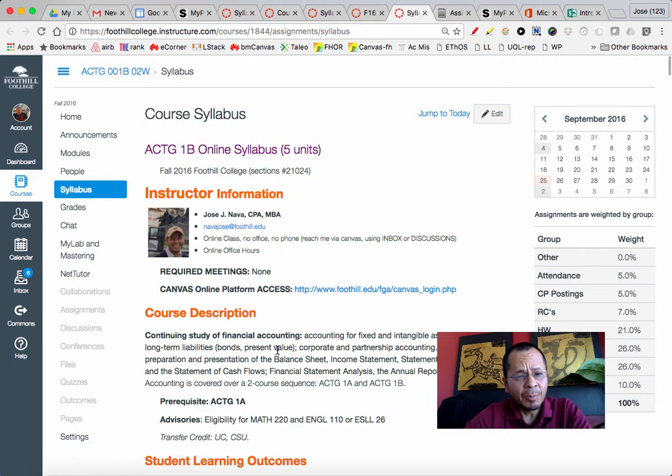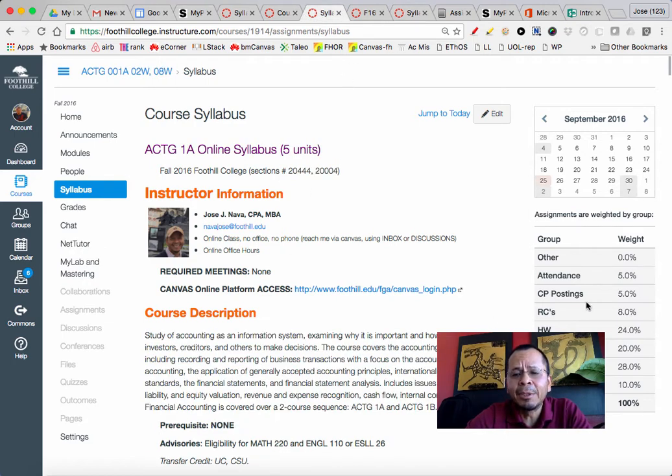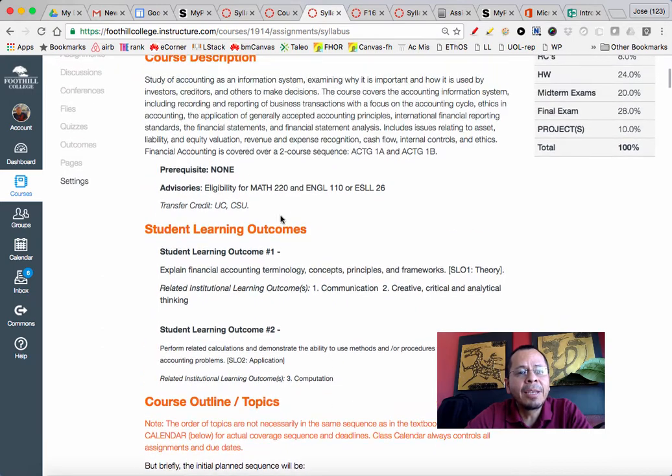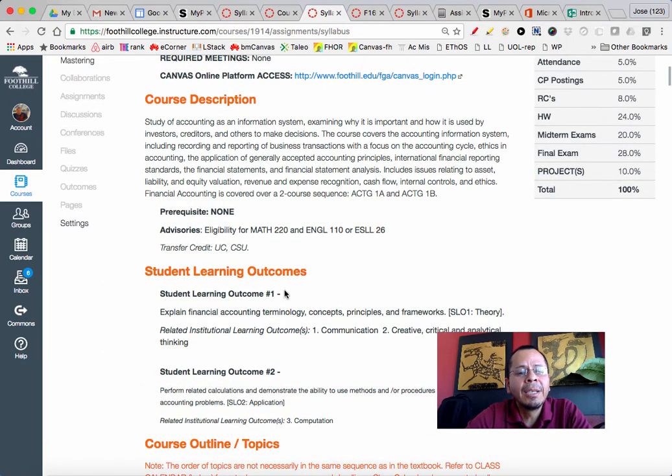In terms of the extra syllabus, no, hold on, let me go back to 1A. Similar. RCs 8%, homeworks 24%, midterm exams 20%, final exam 28%, and the project as well. Now, I'm in 1A again. I'm going to keep going down. You'll see that you have a description of the course, some learning outcomes.